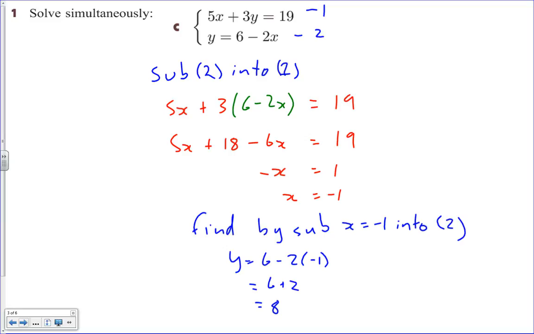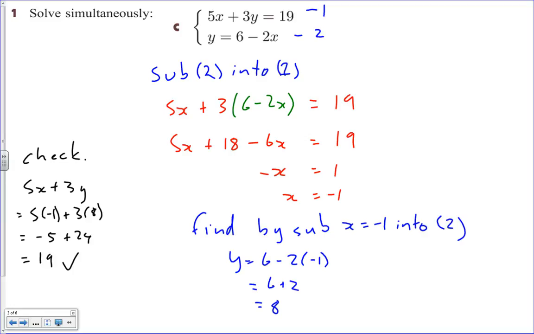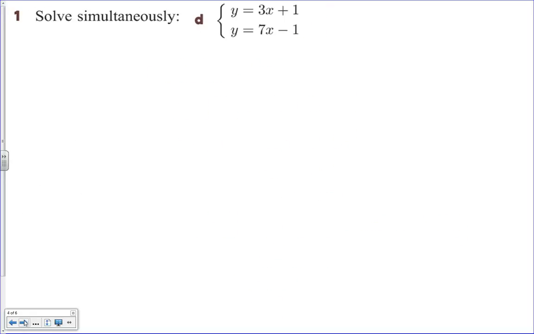So we're going to do a check again. Check 5x plus 3y is 5 times negative 1 plus 3 times 8. So equals negative 5 plus 24 equals 19. Again, the correct answer for what we want. D, this time, do 1, 2. They're both written in the slope intercept form or gradient intercept form. So we're going to sub